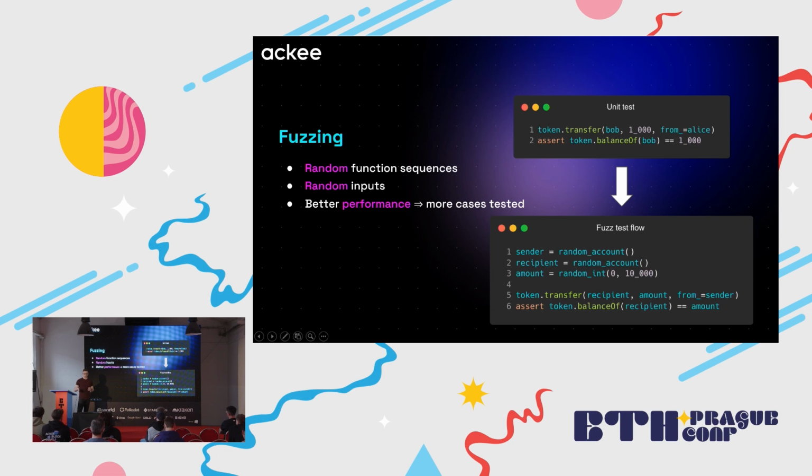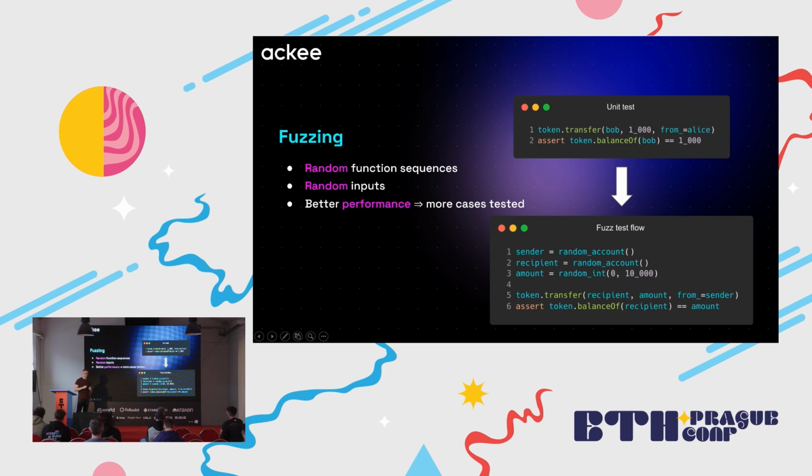And what's the difference here? It's quite significant in this case because of the random data, we may actually have a collision in between the sender and the recipient, and so we can test how the contract will behave if we send some tokens from an account to the same account. Will it revert or will it continue? Well, it depends on the implementation. But this was naturally tested because of fuzzing. And in the unit test, we would need to write a very specific unit test just for this case.